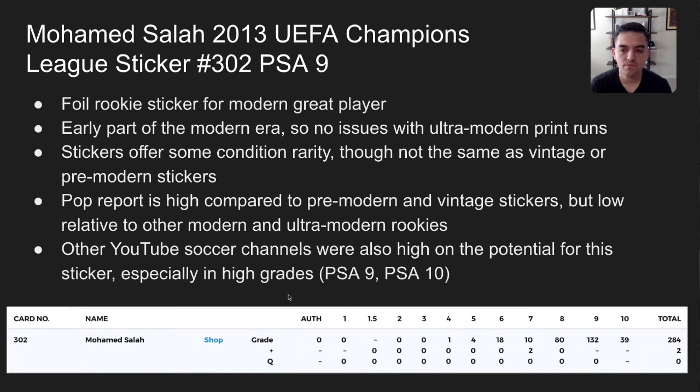This is the PSA. Obviously some vintage cards don't even have 39 total grades, or pre-modern don't even have 39 total grades. So it's definitely high compared to other rookie stickers that we would look at for great players. However, it's also very low compared to other modern and ultra-modern rookies. It's kind of in this weird gray area where it's overpopulated for a sticker, but underpopulated for a